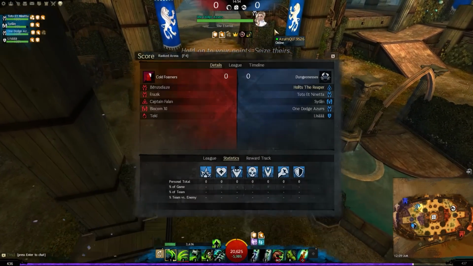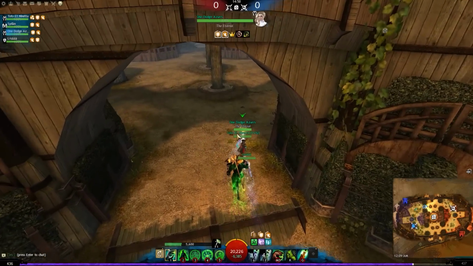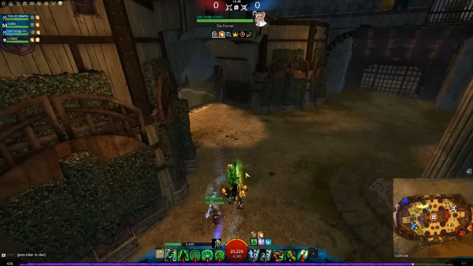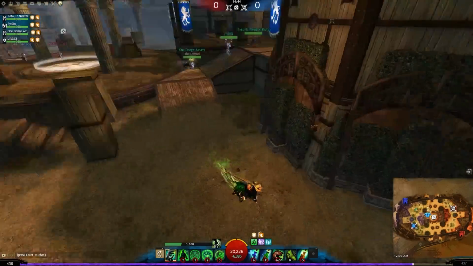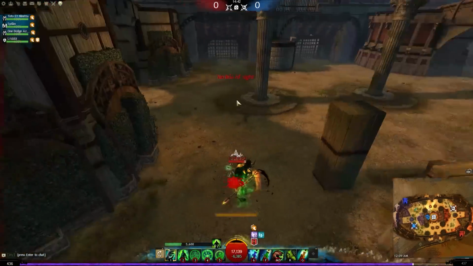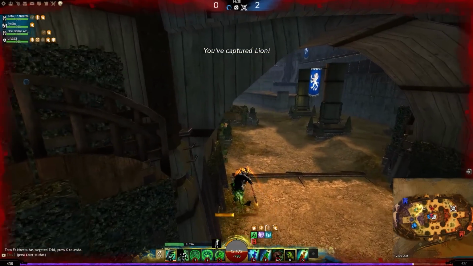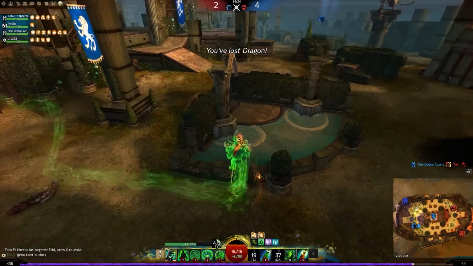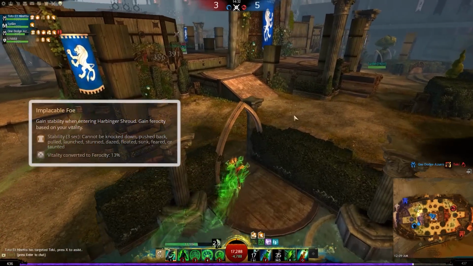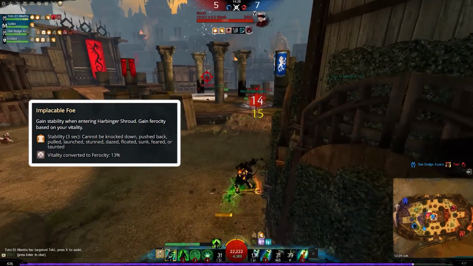I chose this match because we're up against some good players, Benzo and Erazik, which are two very good Revenants. They're playing Vindicator, and one of them actually jumps on me right here at the start of the match. I don't know where he came from, but as you can see, he tried to pull me with the Dwarf Stance chain, which taunts you, but luckily I had stability when you enter Harbinger Shroud, so I negated that CC,